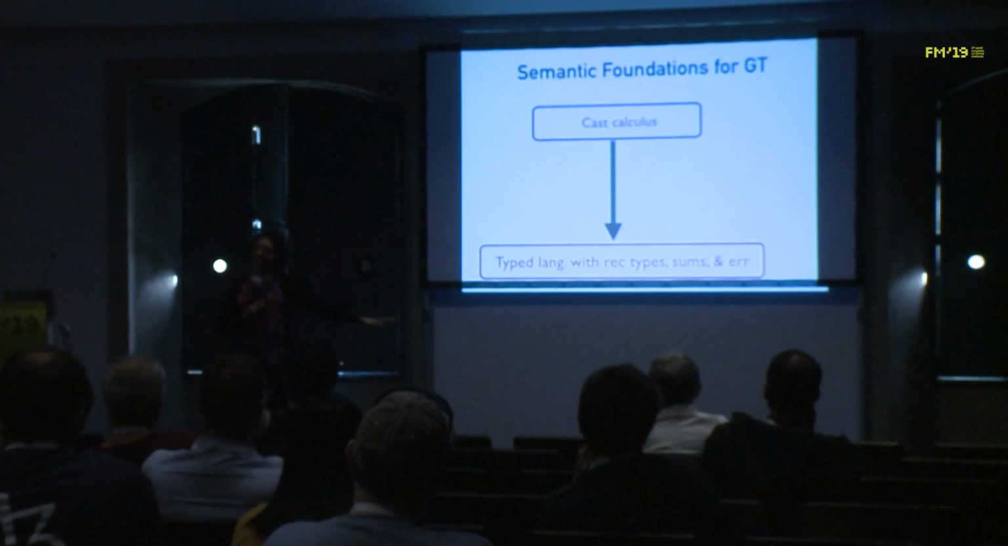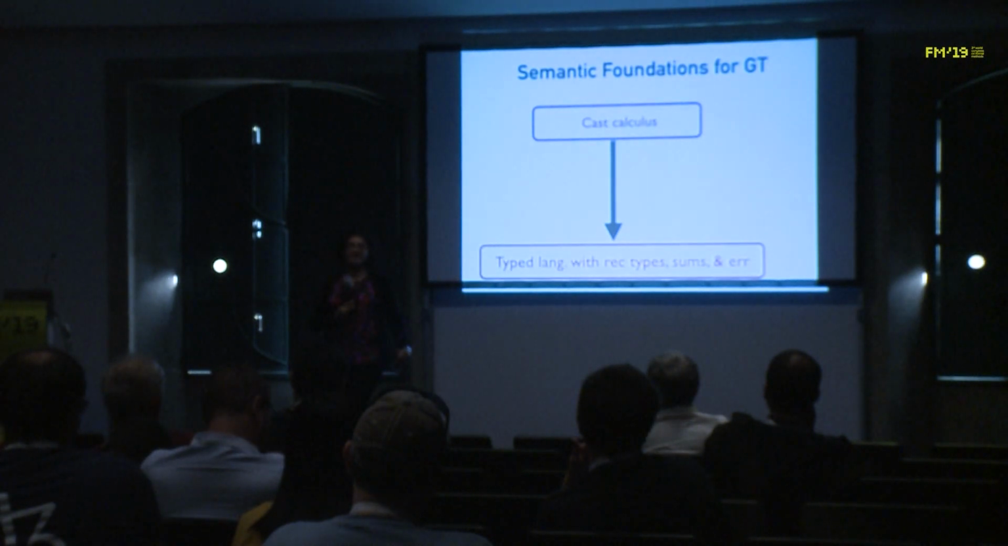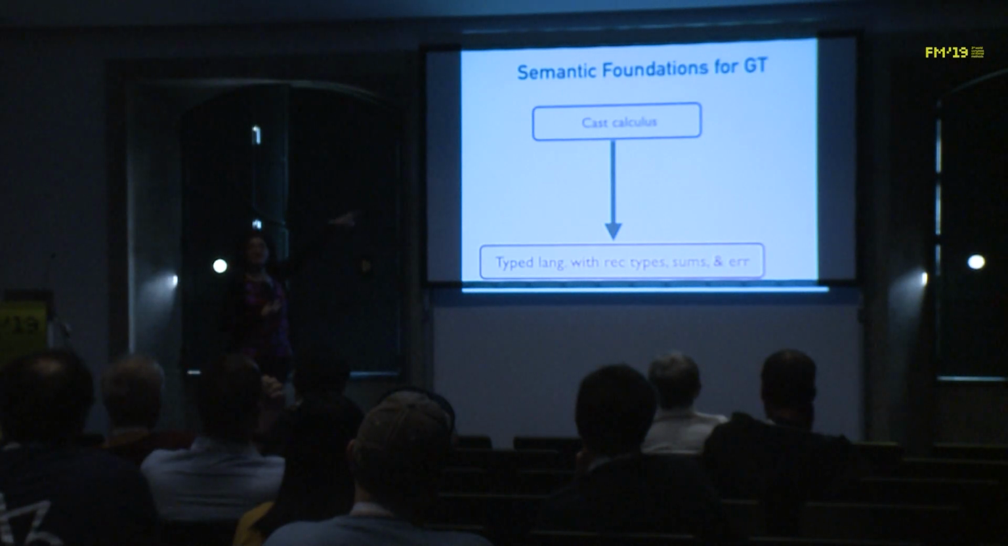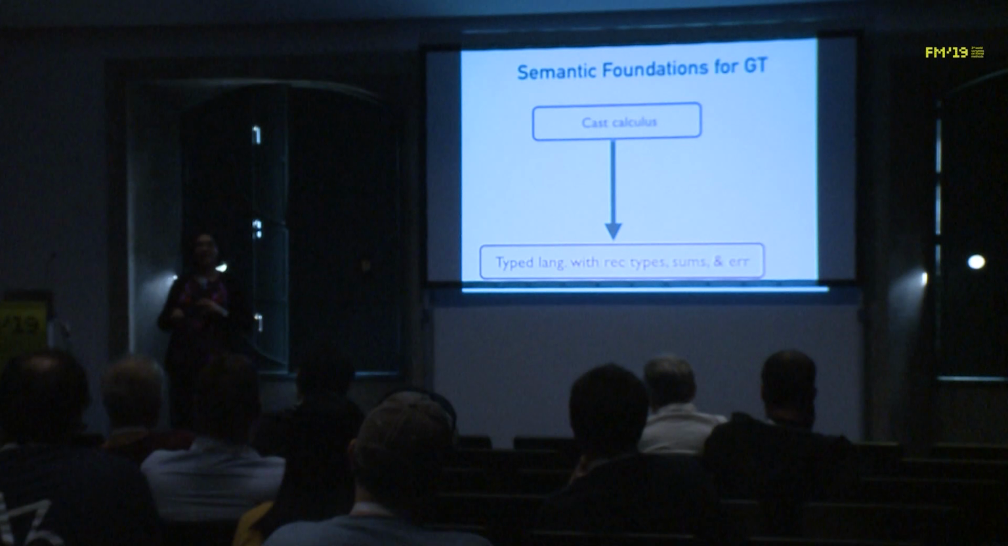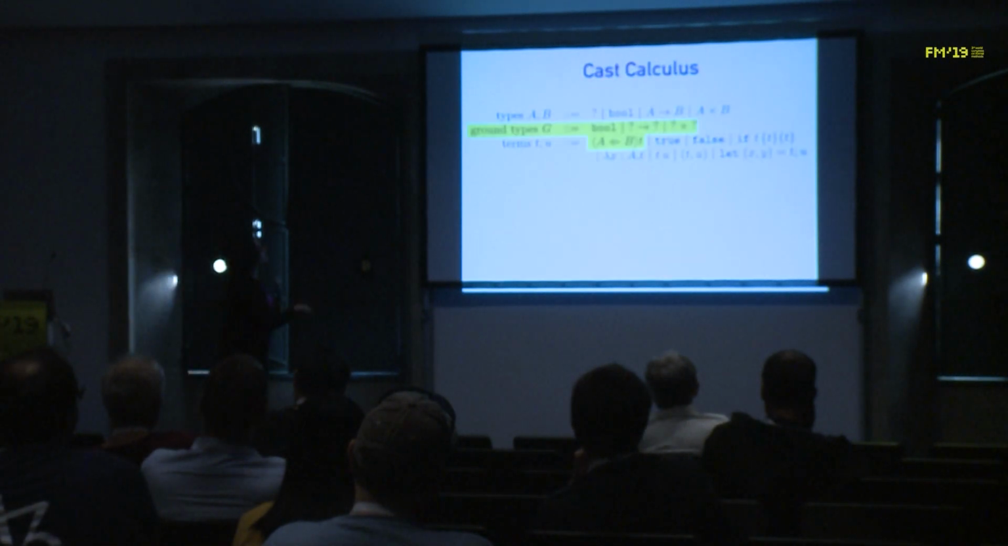language, a fully typed language that should have support for recursive types, for sums, and for errors, okay? So the target of my translation, which I'm going to use to understand the semantics of my cast calculus, is a typed language with errors. Why do I need the recursive types and sums? Oh, and here's the